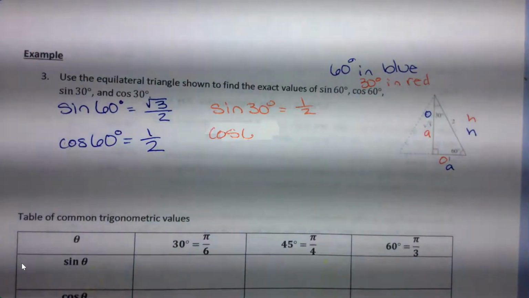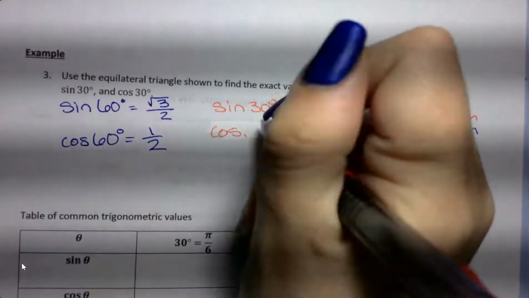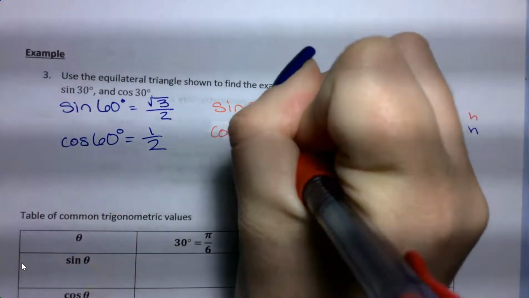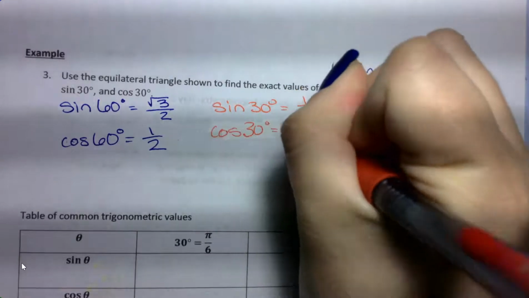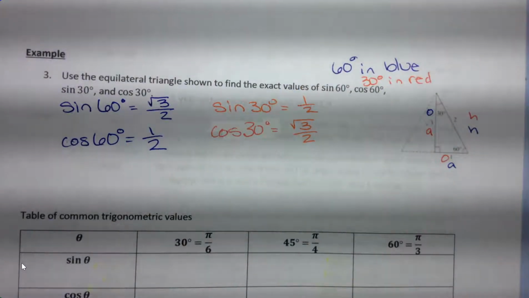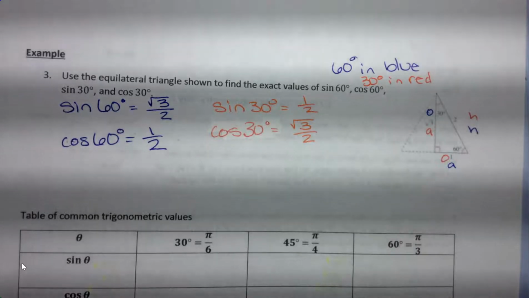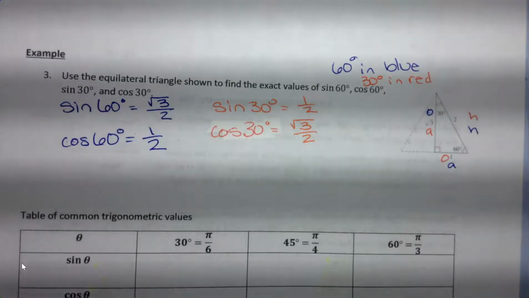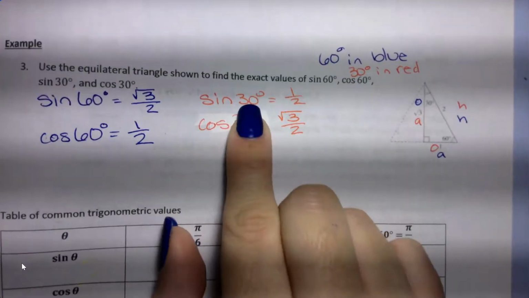Cosine of 30 is adjacent over hypotenuse, which is square root of 3 over 2. So what I want you to notice here is that